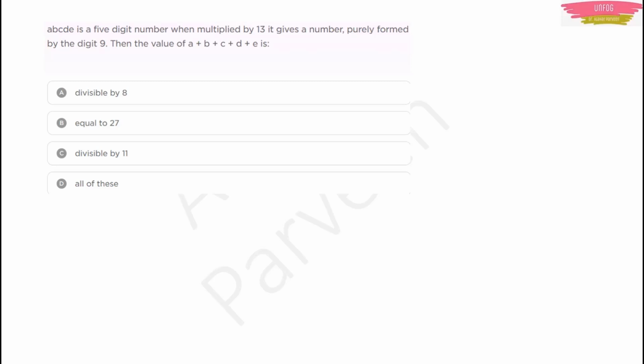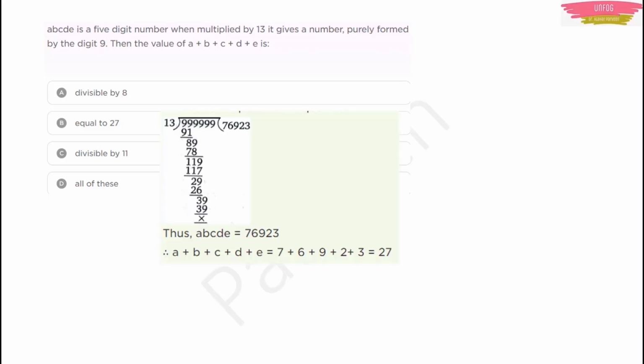Okay, this type of sum we did in the HSTR old question paper 2015 also. If you watch that video, you will come to know. Now, because they are telling that there is a 5-digit number and the product consists of only 9s, we will write 999s. If you multiply a 5-digit number by a 2-digit number, you will get a 6-digit number. So you write 6 digits here. Those 6 digits all should be 9.